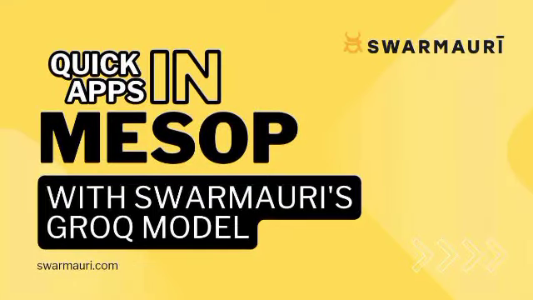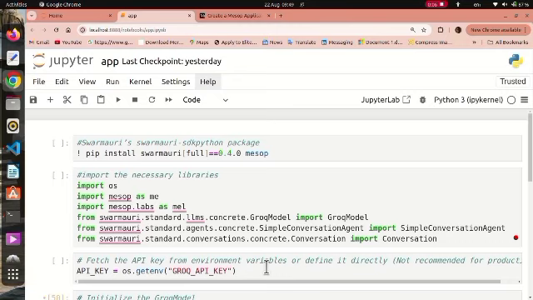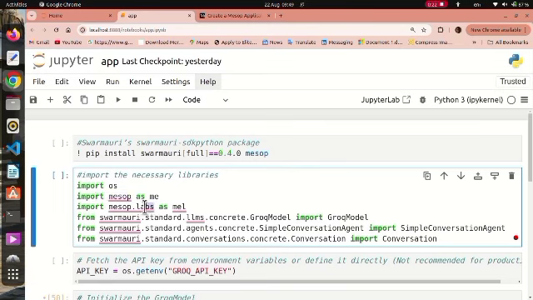Here is how I created my first Mesop application using the summarized Groq model. The first thing I did was to install the Swarmauri full package version 0.4.0 Mesop. Then I imported the necessary libraries like the OS library, Mesop itself, Mesop labs, the GroqModel, the simple conversation agent,